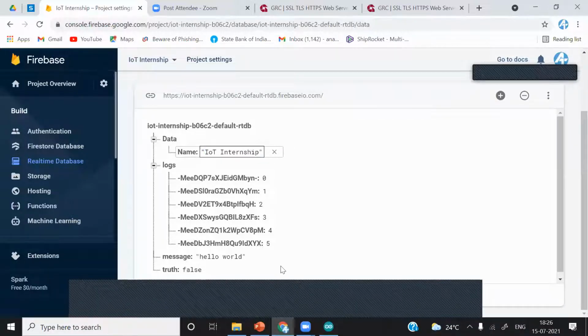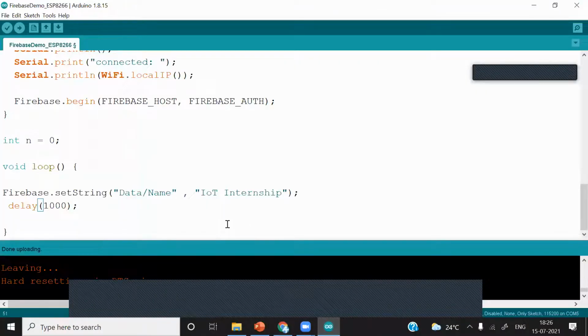After this, we will take another example of setting. I will set a new string also here. I will just copy this, Control C, and put it here.